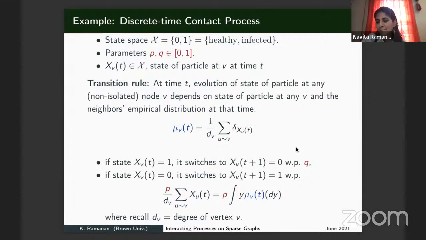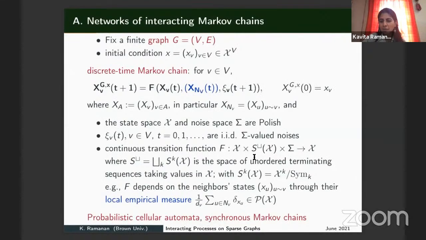Okay, and when you say it only depends on the empirical distribution, if you have a vertex with one neighbor that's a 0 and one that's a 1, or another vertex that has 2 zeros and 2 ones, then they should evolve in the same way? Yes, it only depends on the fraction. But that's in this contact process model. In fact, that's a very good question, because that's why I allowed the more general formulation, where you could depend on the number. If you go back here, I allowed it to depend on these sequences, and so there I could also allow it to depend on the number of zeros and ones.